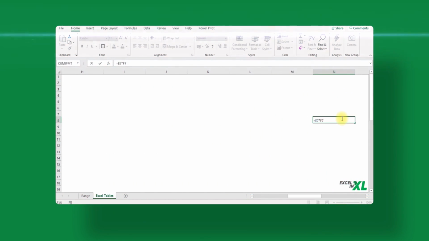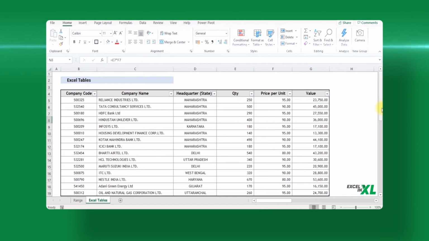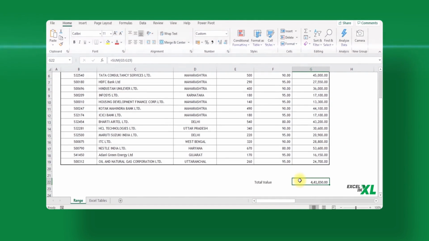by F7. Now you really do not know what this exactly means. Let's say you have calculated a sum of values. So if you look at the formula, it says the range G5 to G19. But when you add an extra row or column to your existing data, does the range used for the formula auto expand itself to include the new records?